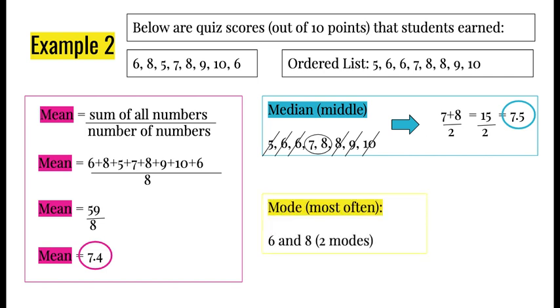And lastly, mode. So in this data set, I have 2 numbers, 6 and 8, that occur twice. 5, 7, 9, and 10 all occur just once. So I can actually have 2 modes. 6 and 8 are both modes. In your practice